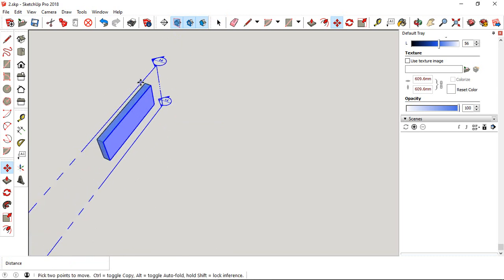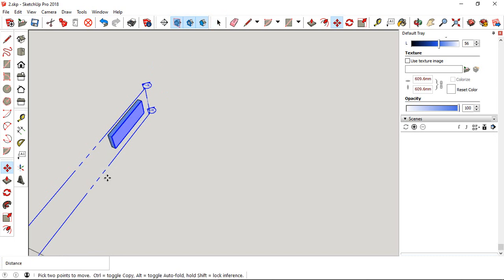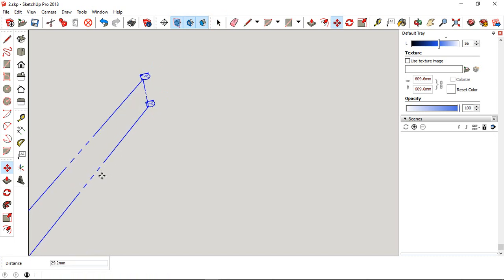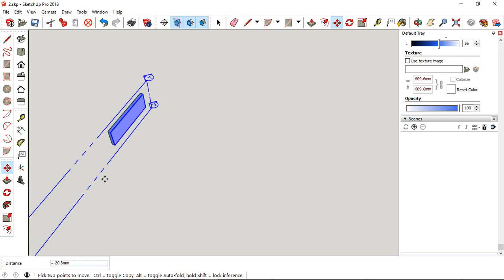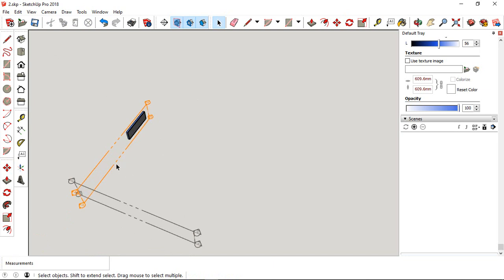The reason why I moved this one is that it was outside the model, so I slightly clicked this and moved it. Earlier it was like this. I selected the move tool and slightly took it inside, so that some portion will show to create the scenes. Okay, before creating scenes, we need to unhide this cutting section plane.